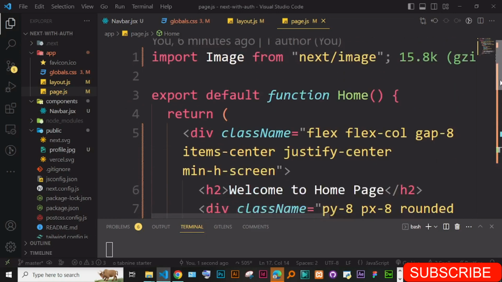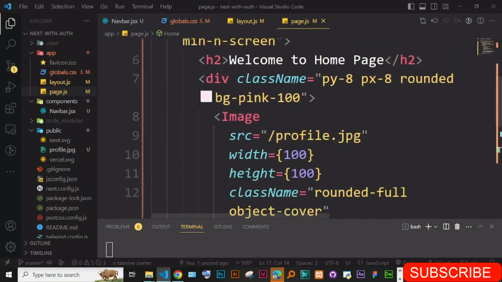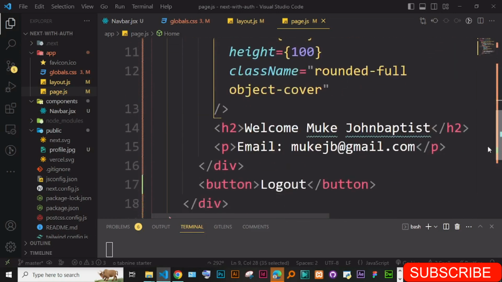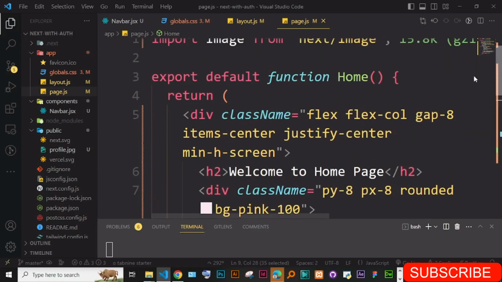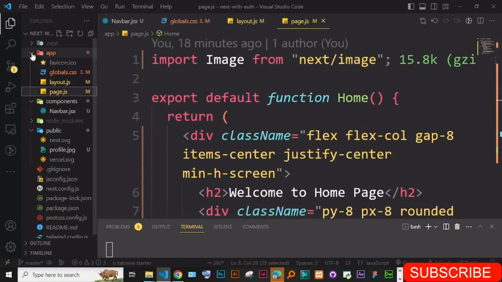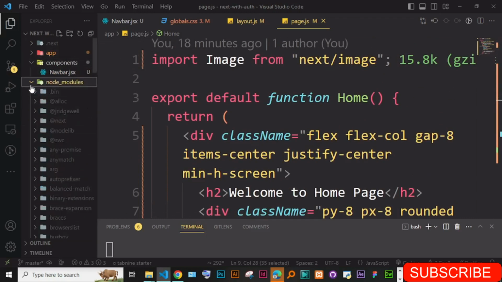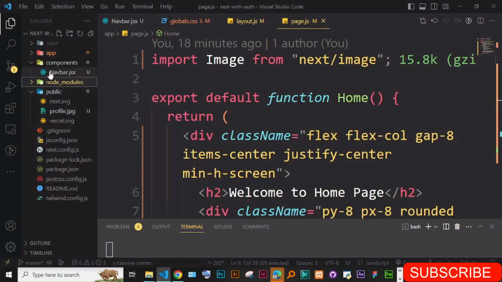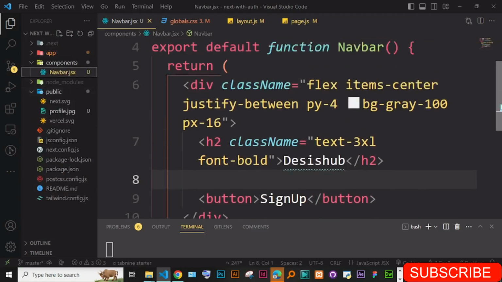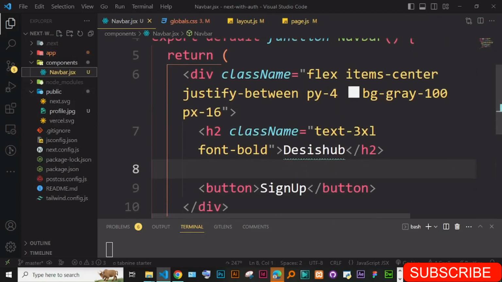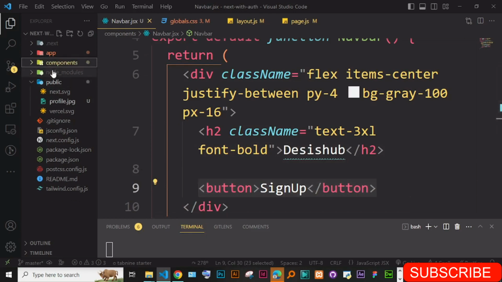and even this card is static, this information is hand coded here. There is nothing being fetched from anywhere. So it is a fresh Next.js 13 project. There is nothing I've added extra other than creating this navbar component. In the navbar component, you can see it has the h2, which says this is hub, and this sign up button. And then in our